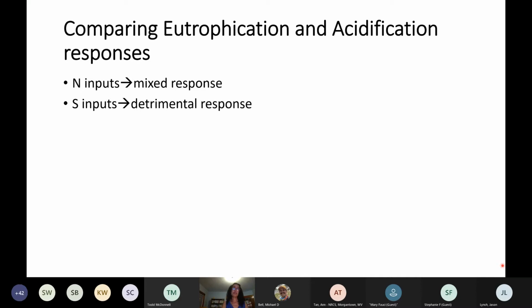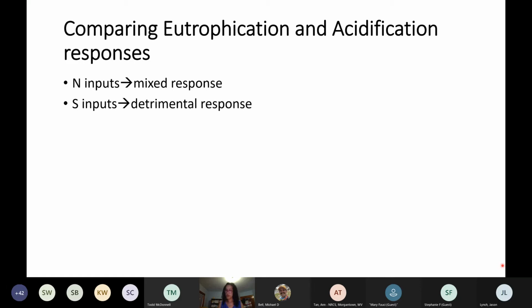So when nitrogen deposition is low, in a situation, you might initially have a positive growth response, and then you reach a certain point and it will start being a negative response. So we would expect with the sulfur inputs, which have only a detrimental response, that the critical loads should be lower